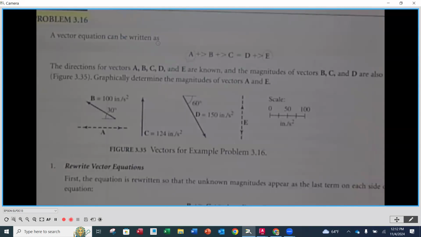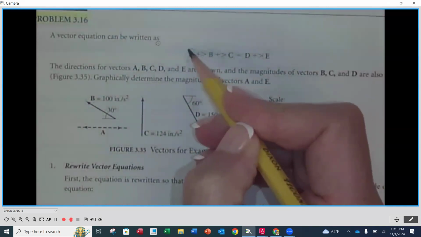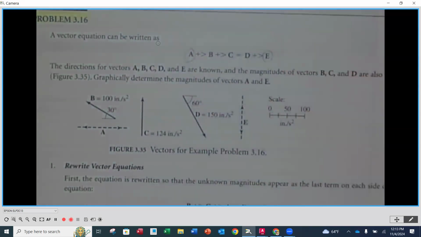So in this vector equation, you'll notice we have two unknown quantities. A is unknown. So I had that circled here from the last time I talked about this. And E is unknown. Now, as I stated earlier, and you may or may not have picked up on it, but when we have vector equations, we can have two unknowns. In algebra, we can only have one. But if we have two